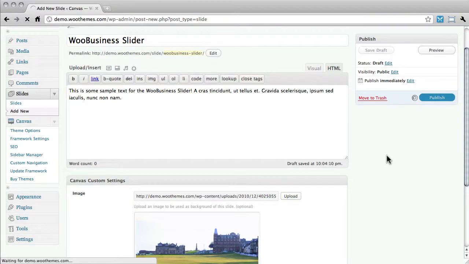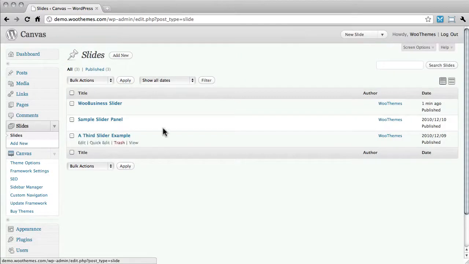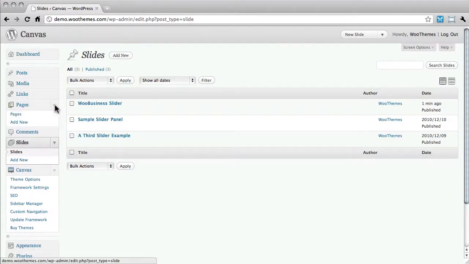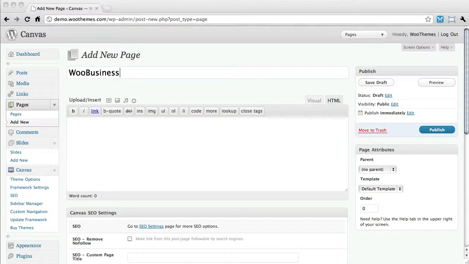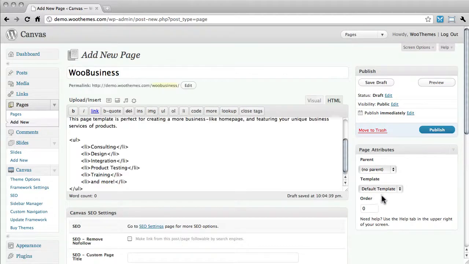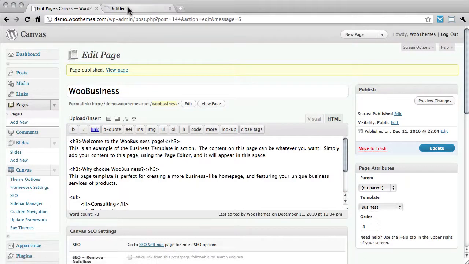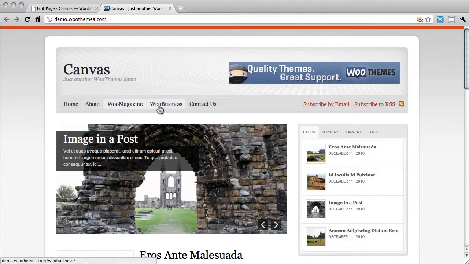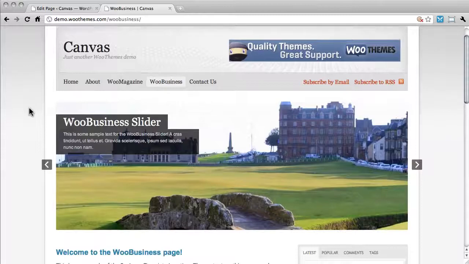Now, to save some time, I've already created a couple of other slides, so now we're ready to activate the business template. Like the magazine template, we'll need to create a new page, and I'll title this page Woo Business. Then in the page attributes, I'll select the business template from the list of page templates and then publish this page. And now if we return to our site and refresh, we'll see our new Woo Business page in the menu. And when we pull up this page, we can see our new business template page in action with the slider